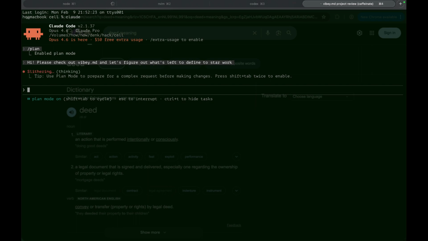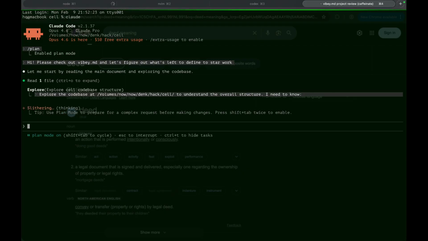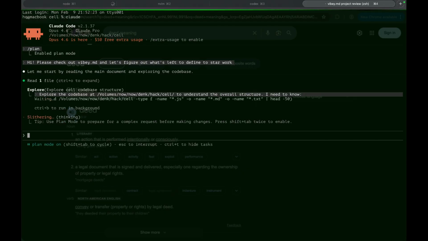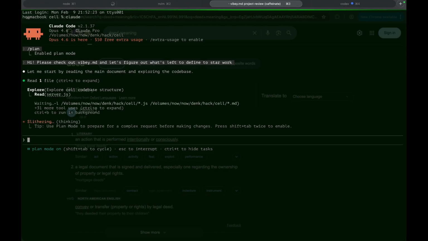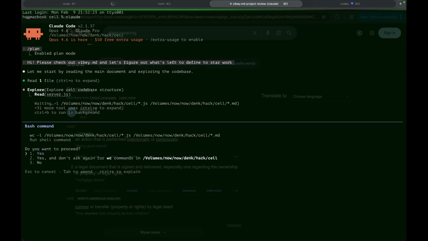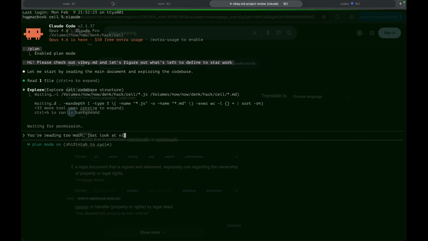Just reading too much. Just look at VIBEY.md, VIBEYServer.js, and VIBEYClient.js.